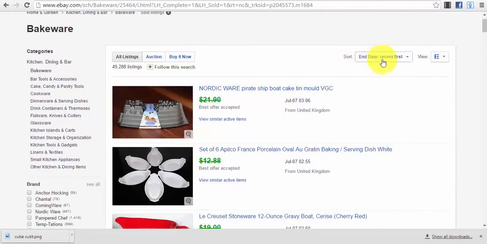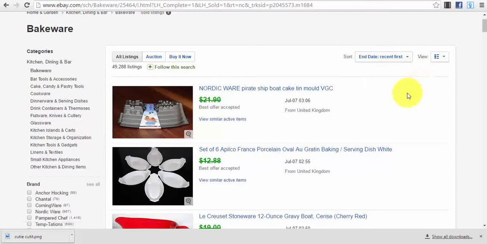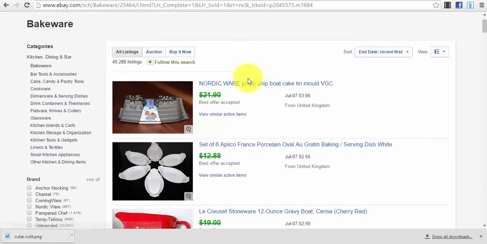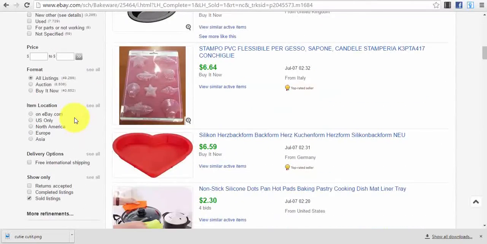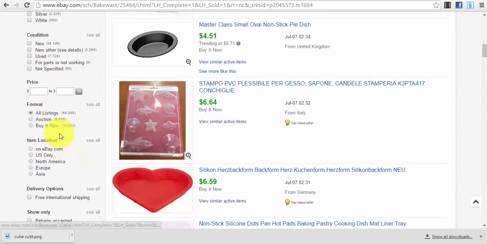That's once, to see what sells. Okay, and then we will have sort. Price and shipping, we can sort after price and shipping, which would be a good idea, but we have already spotted, okay, sold listings, completed listings, free international shipping. Also, we can go for this one, delivery options, free international shipping.